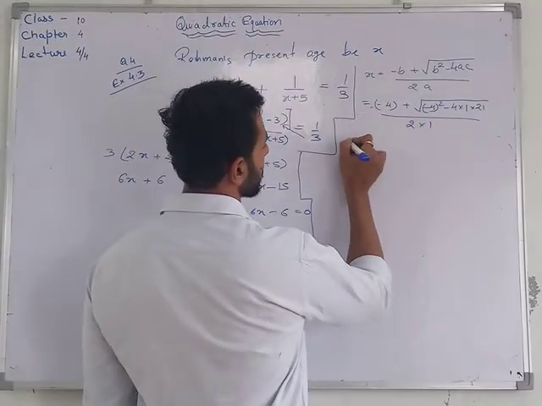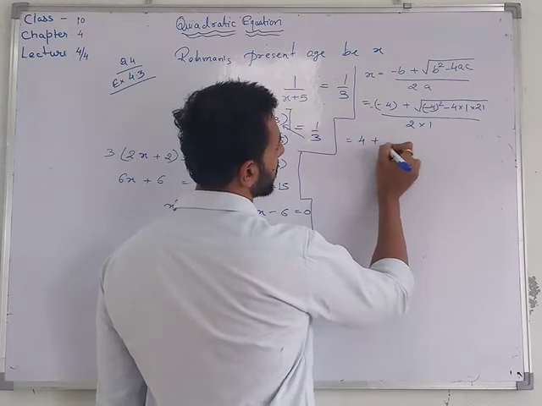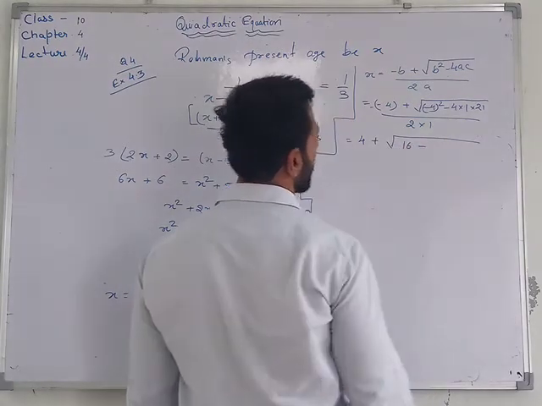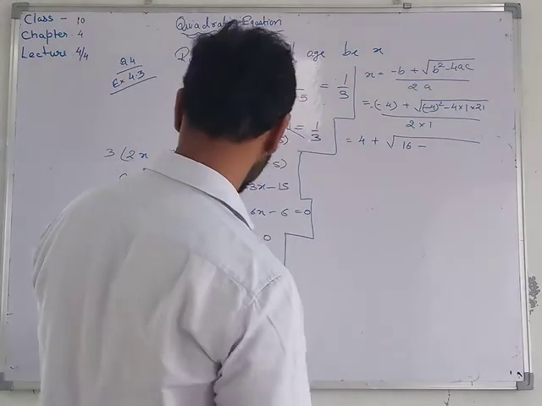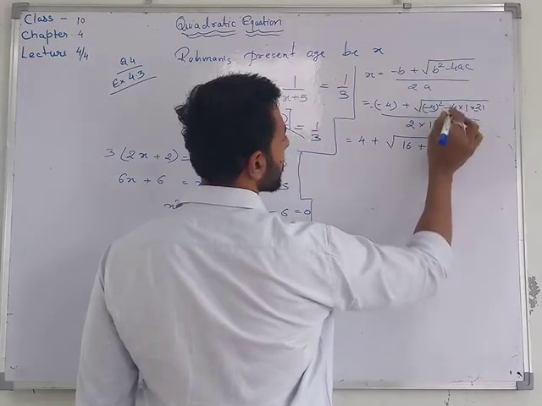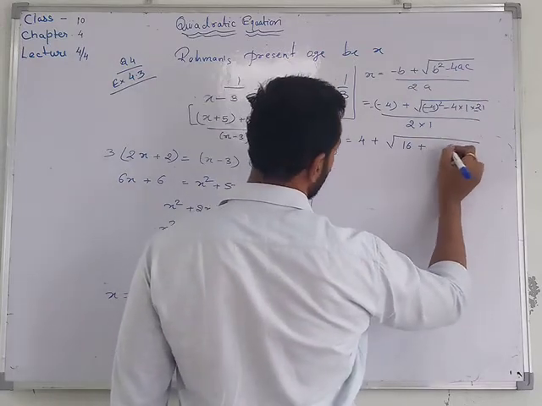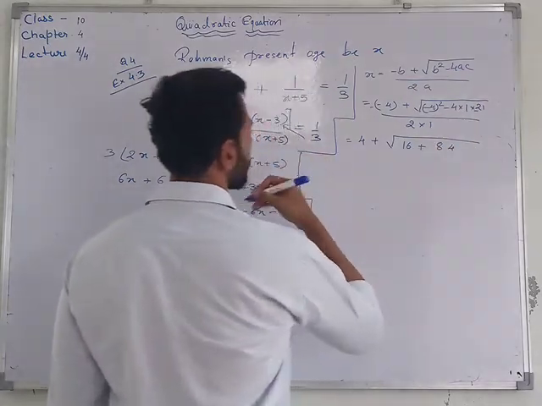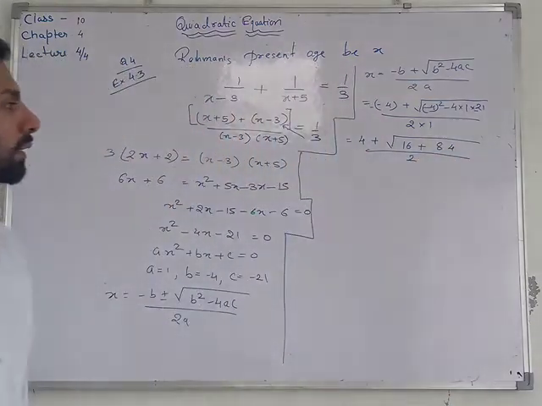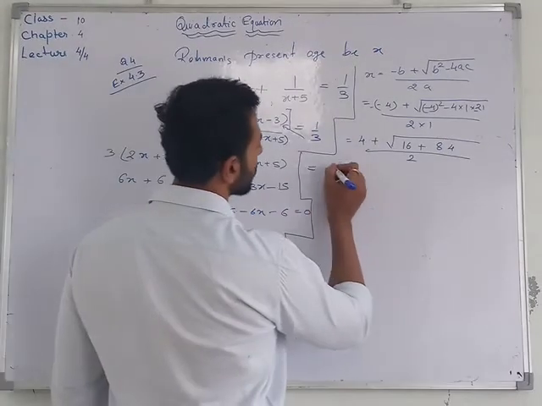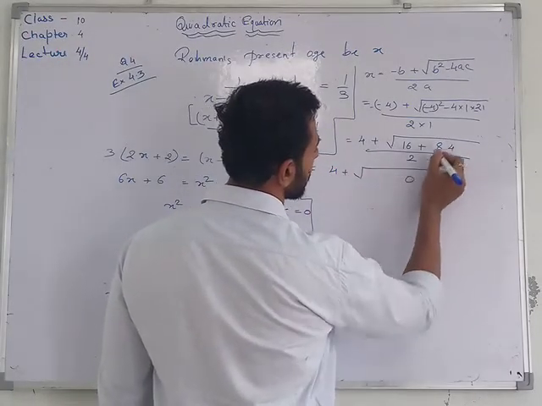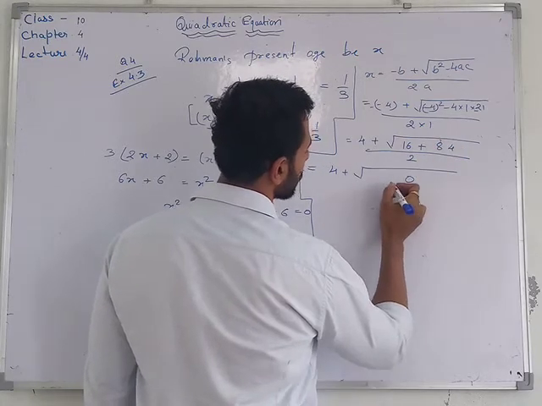Minus of minus is plus 4. 4 square is 16, minus 4 ones are 4, this is minus 21, so minus into minus is plus. 4 into 1 will be 4, 4 21s are 84, upon 2 into 1. Now further solving this,